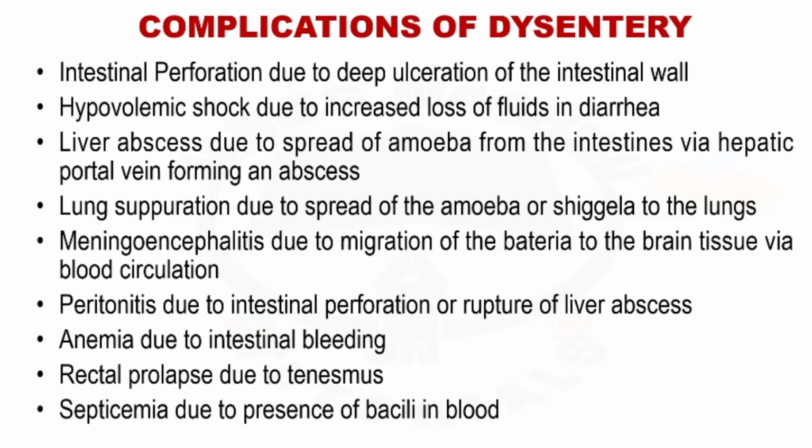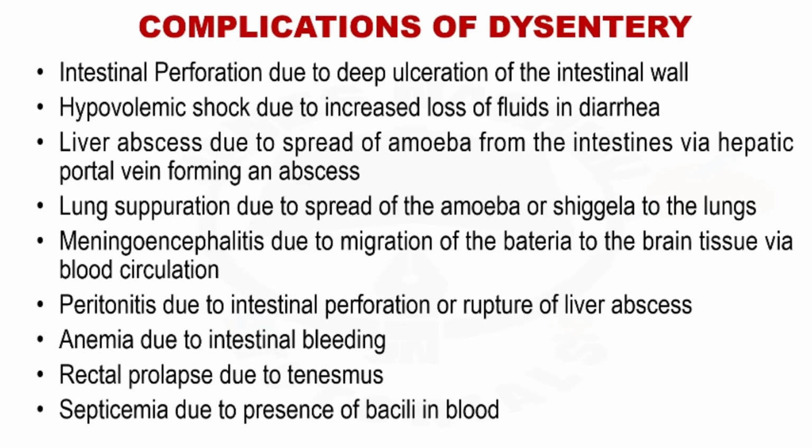Like I said, the only difference between amoebic dysentery and bacterial dysentery is that once the amoeba gain access to the bloodstream, they travel directly to the liver and start destroying liver cells. That's why you find the liver abscess, because of the inflammation caused by amoeba in the liver. But for bacillary, the pathophysiology just ends where the bacteria, which is Shigella, enters the bloodstream and starts causing fever and also affecting the nearby lymph nodes. That's where the pathophysiology ends.